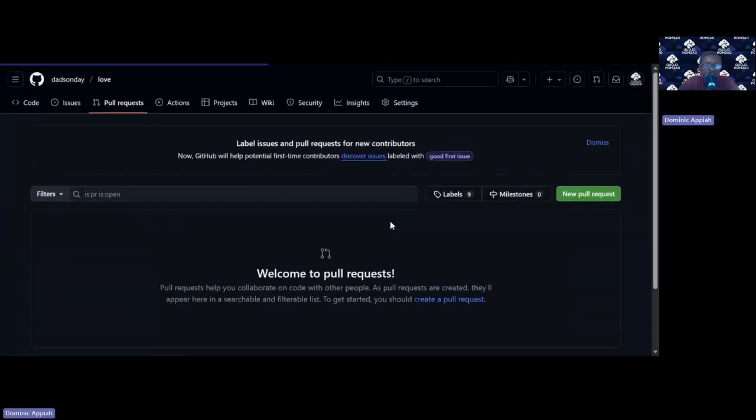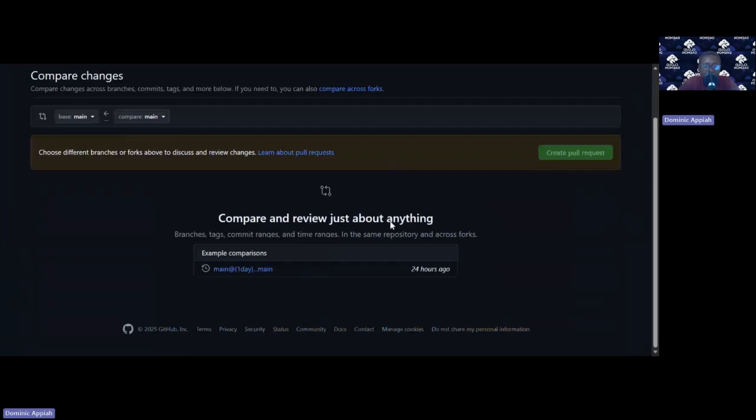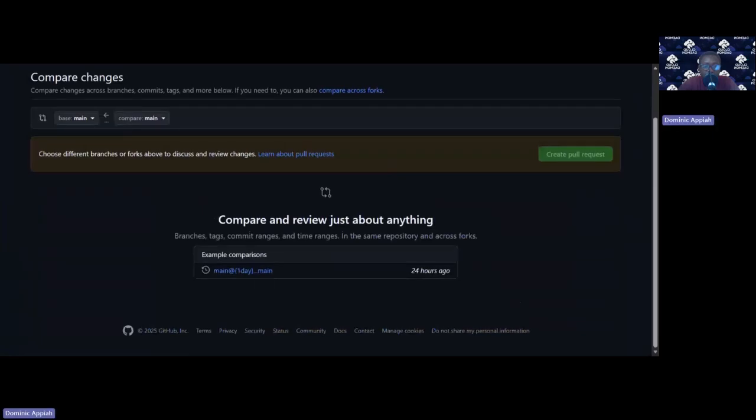I want to do a pull request. Let's see how that works. So, choose different branches of Fox above to discuss and review. So I think those who are familiar with the web, we know